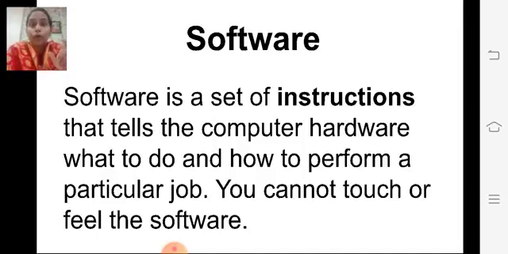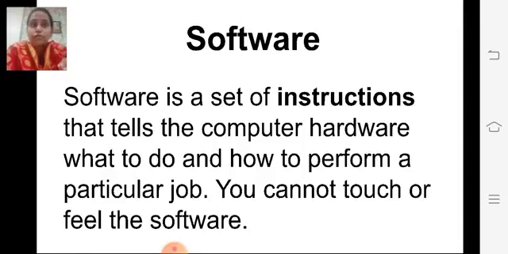It is a code which runs behind, which runs in the computer. It tells the computer hardware, meaning all the parts, monitor, keyboard, mouse, system unit, what to do and how to perform a particular task.